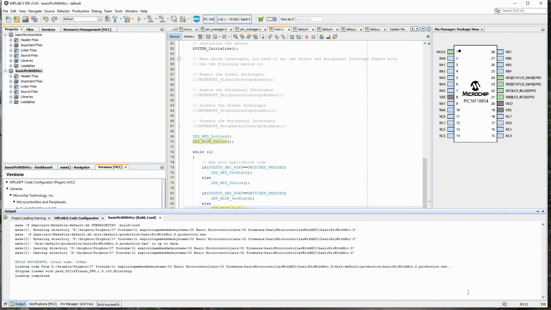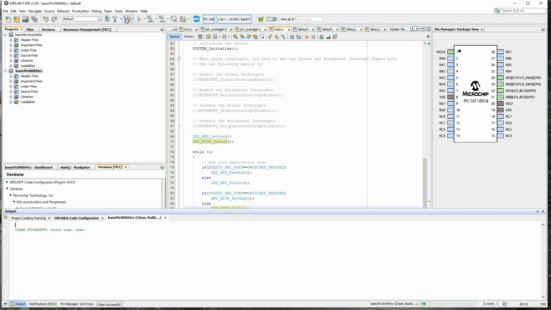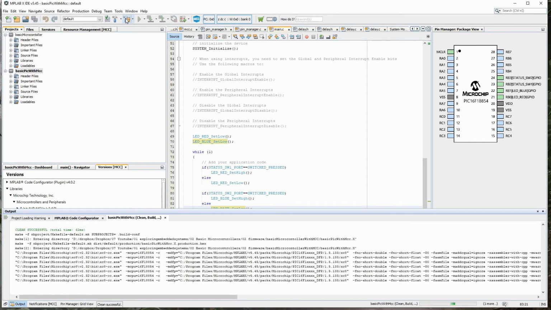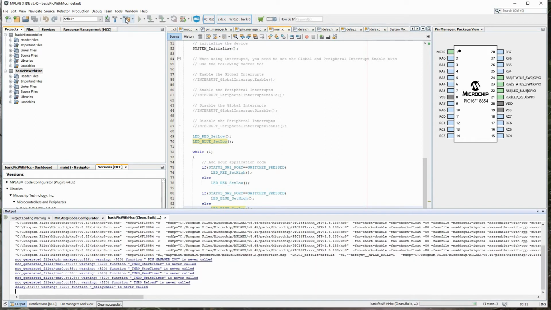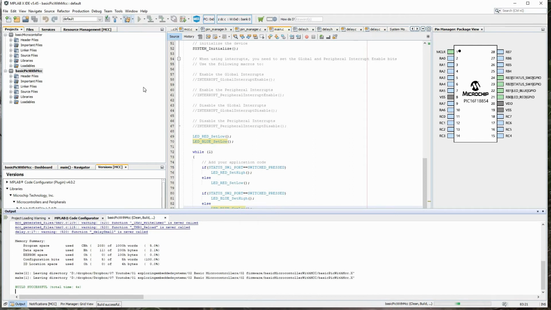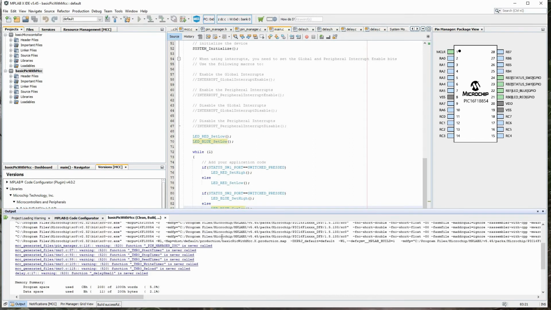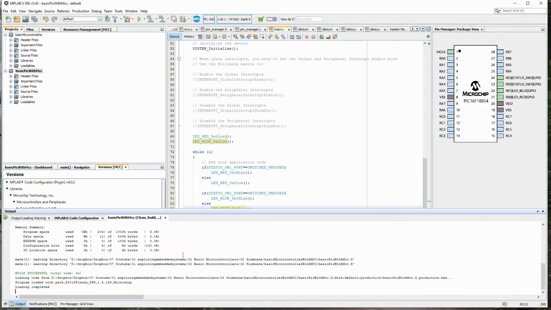Because Dropbox keeps uploading the file every time something happens here, so maybe this is conflicting with that. Now let me clean and rebuild it once again. Yeah, there is a warning that it has never been used, so let's ignore that.